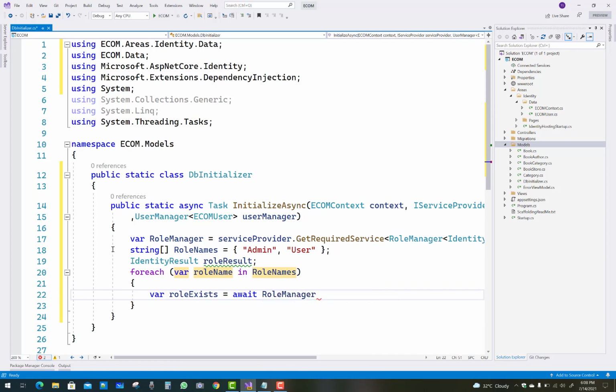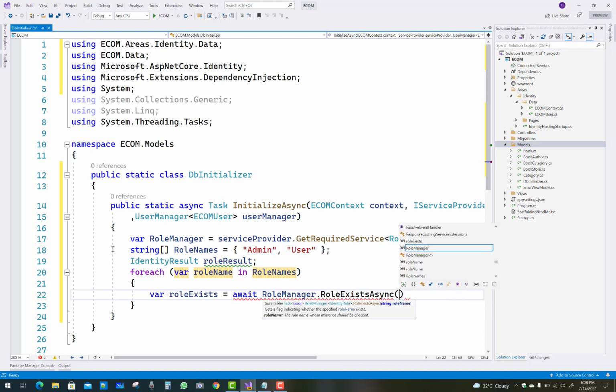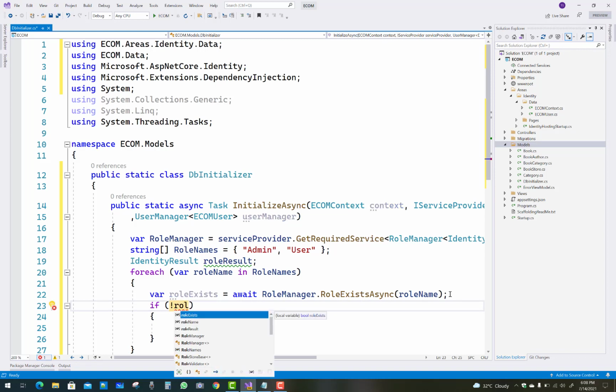You can check by using the RoleManager class: roleManager.RoleExistsAsync, with the role name. First of all check if the role exists. If the role does not exist, then create it in the database table by using the RoleManager class.